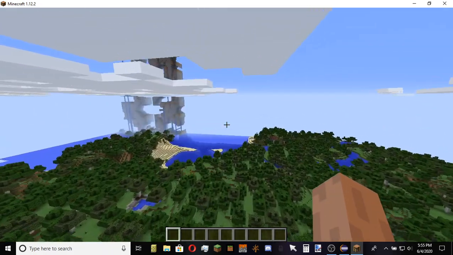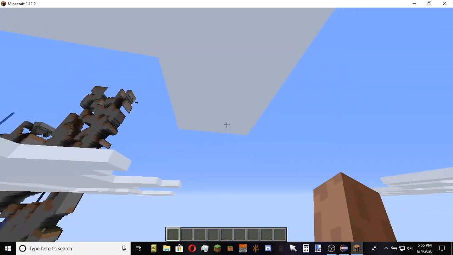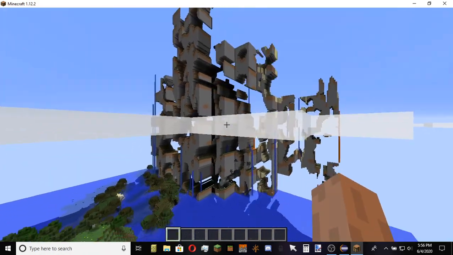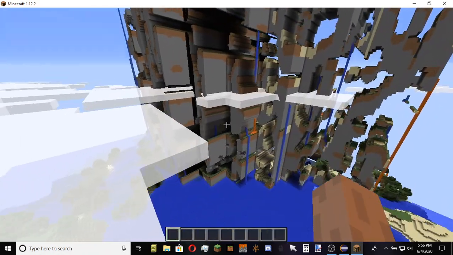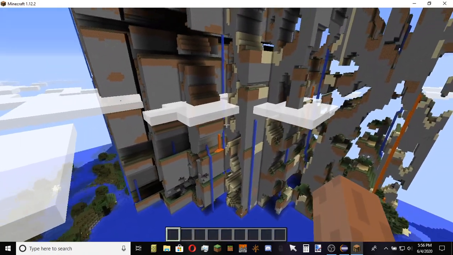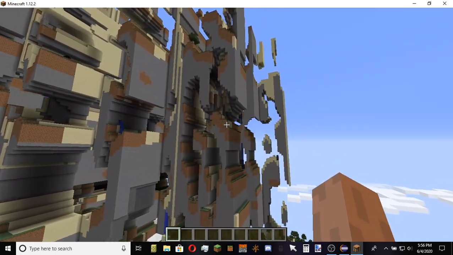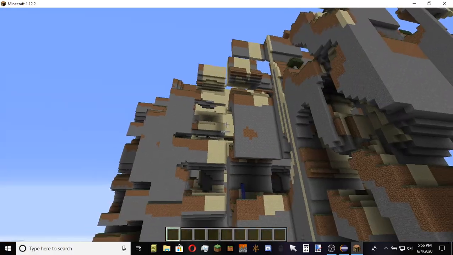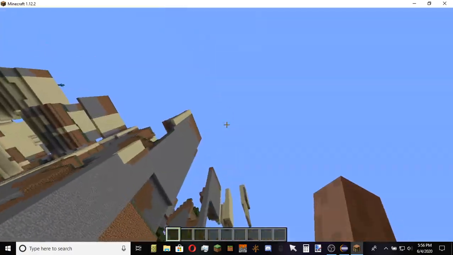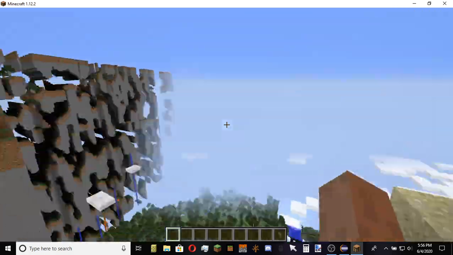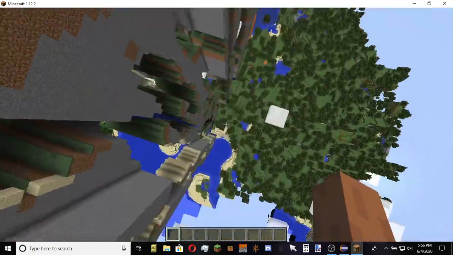There will be a part 2 to this video coming out soon, where I experiment with the Farlands and see if I can get them to generate in different ways, to see how different I can get them to look, as well as experimenting with some other things related to terrain generation. And I will show off some of the cool things that I find in that video,